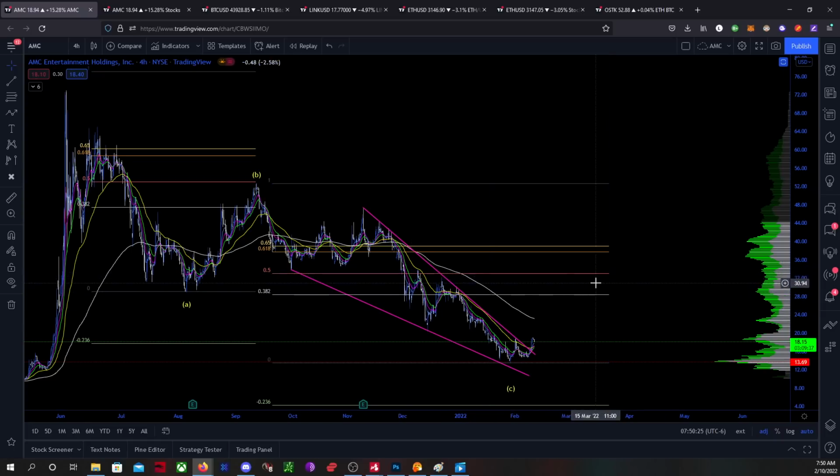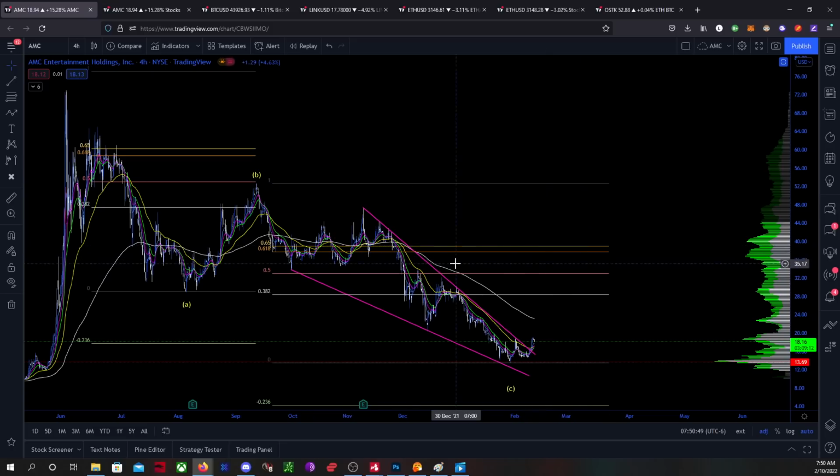So this area here looks like an area of high price acceptance to me. You can see there's a lot of volume that had been traded within this price range. So there isn't really a point where I can say, okay, we have a low volume node here lining up with the 50% retracement, so that could pose some serious resistance for us. I just don't see that, so that's good.